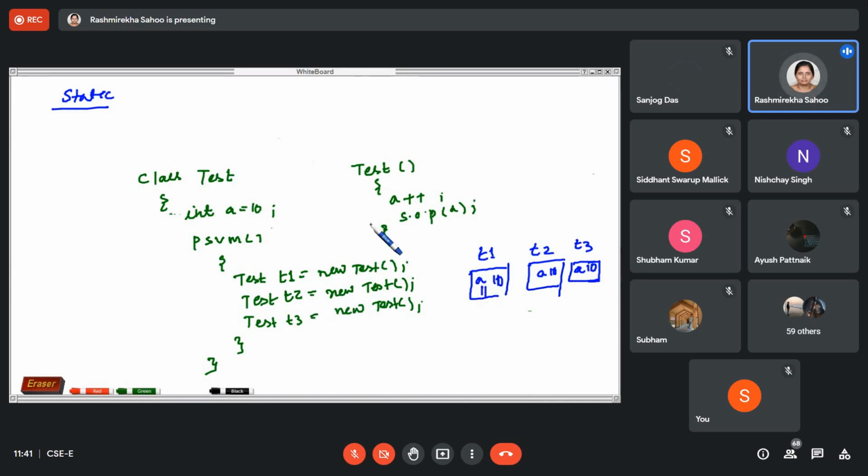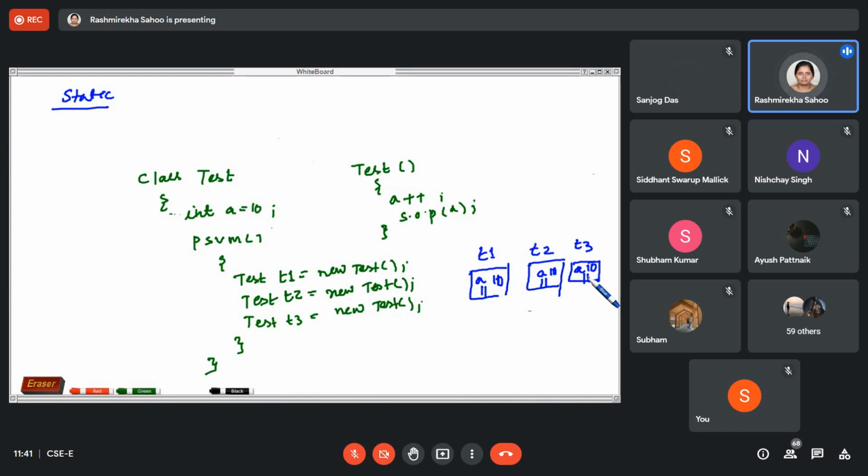Now for T2, again the constructor will be called, so the A value will get incremented for the T2 object. T2 has 10, so that will be incremented by 1, it will be 11. For T3, the constructor will be called, so the A value will be incremented, 10 becomes 11. So that's why the output is 11 thrice.